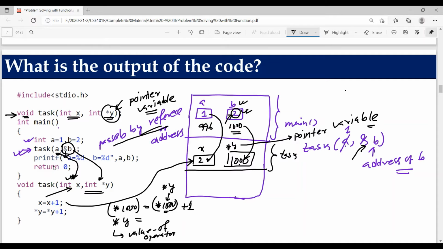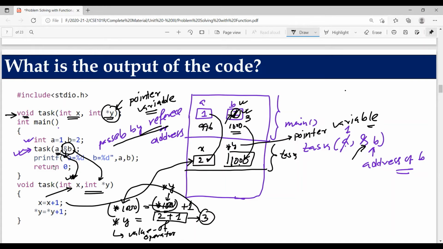So replace this with 2, plus 1. This expression gives me 3. Where do you want to put this 3? You want to put this 3 into the value at address 1000. So now through this pointer I am accessing that particular memory, and it is updated to 3.